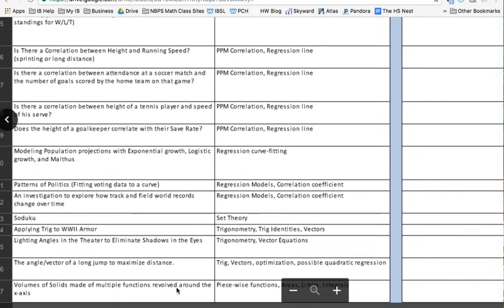that you could do. You know, a volume of a solid made of multiple functions revolved around the x-axis. So that's one of the last calculus topics covered in the syllabus, but it really is not that difficult. And here's where, you know, you could create some shape that you wanted to make and ensure that it had a certain volume and explore that idea. So these are some